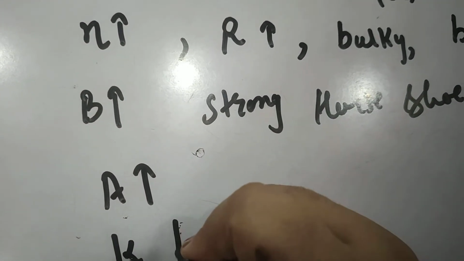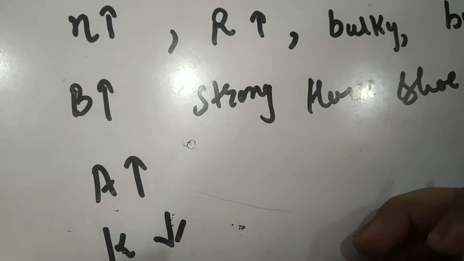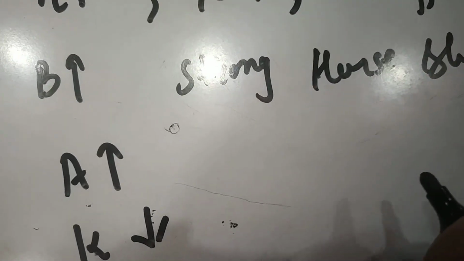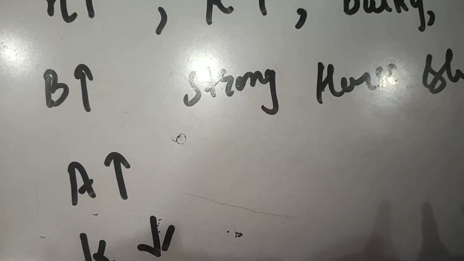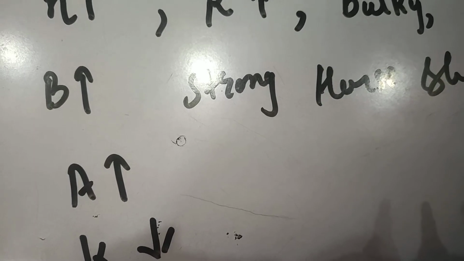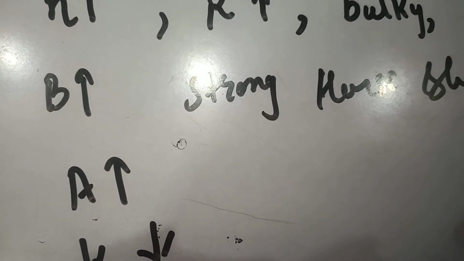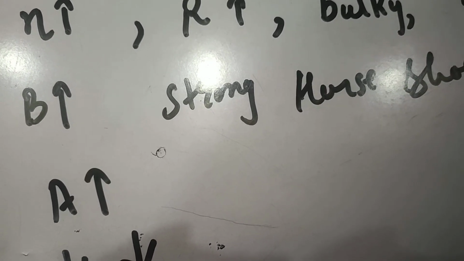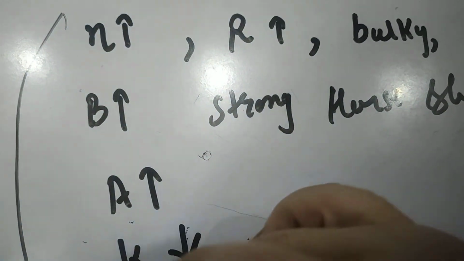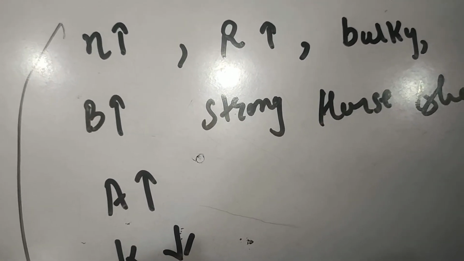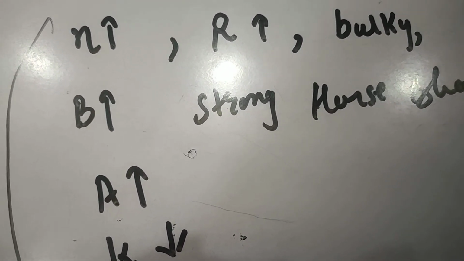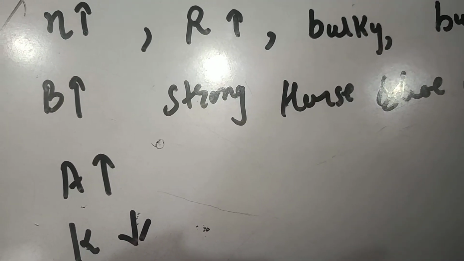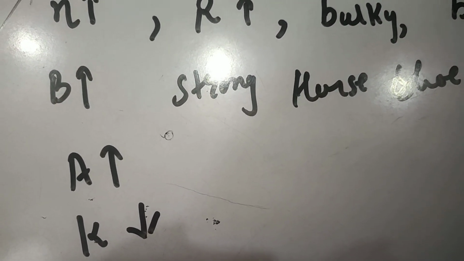Yes, we can decrease the value of K by using a special material for the spring, especially we can use quartz or phosphor bronze material for the spring, right? So these are the factors by which we can increase the value of theta, that is, to increase the sensitivity of the galvanometer.